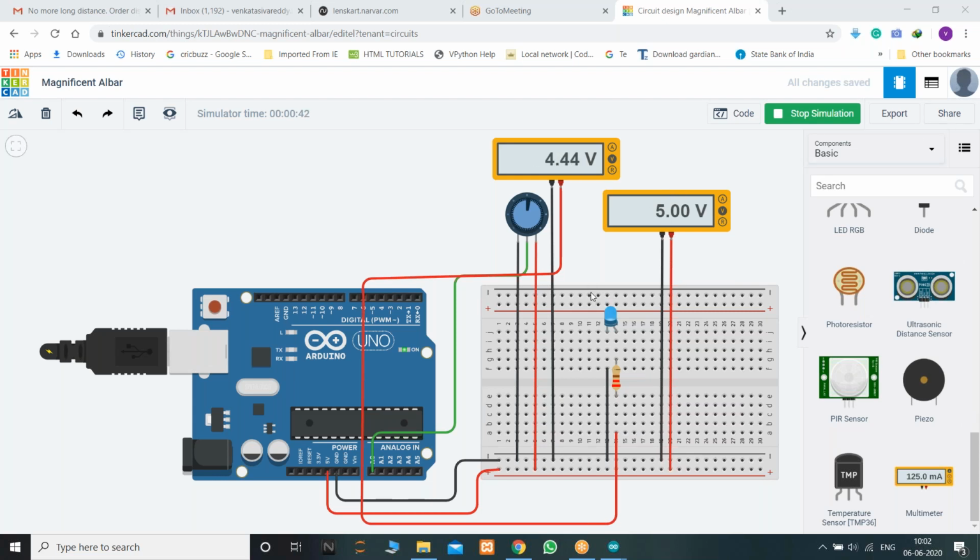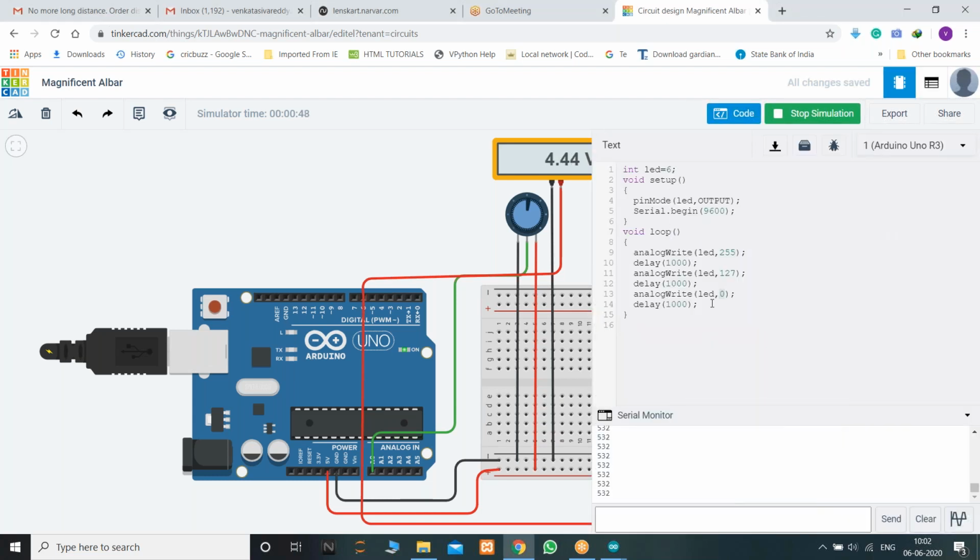So for the 255 value it generated 4.4 volts. We didn't write any code for the serial monitor. I didn't write anything for the serial monitor here.